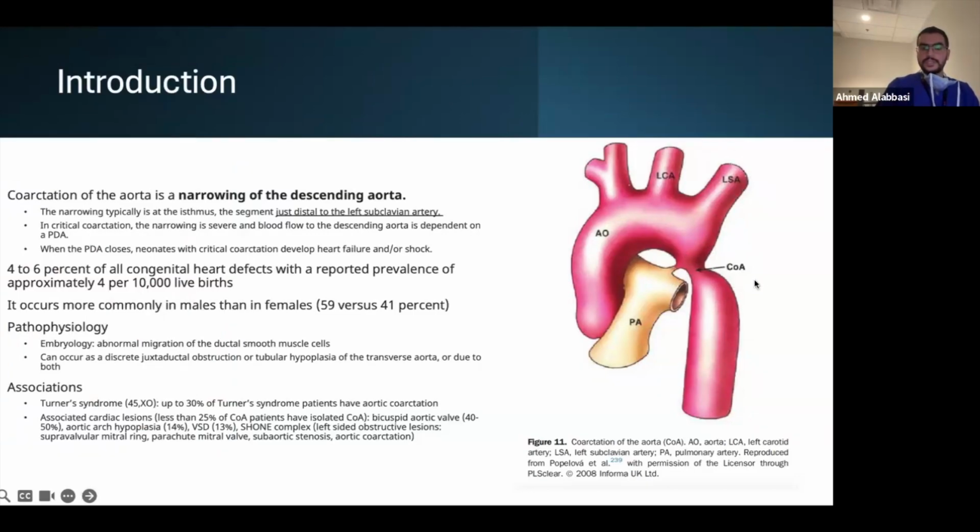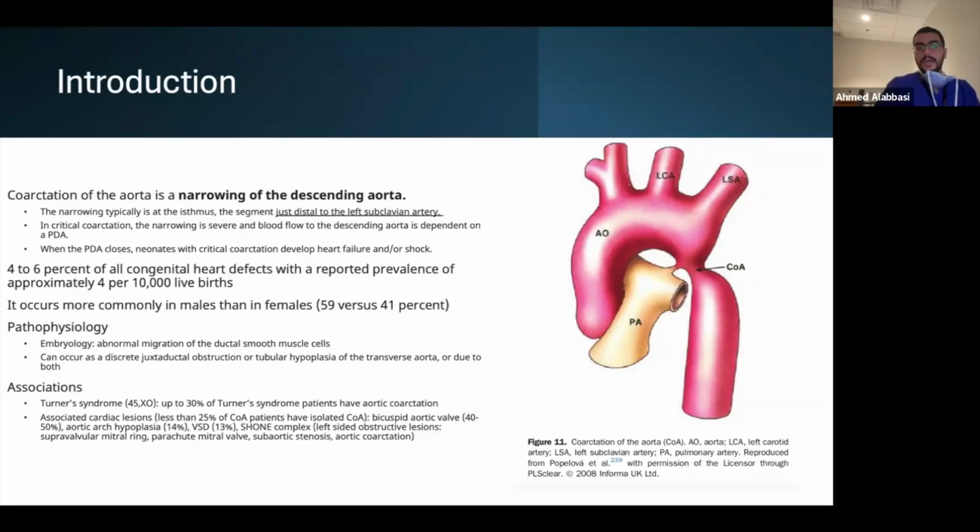In critical coarctation, usually the narrowing is quite severe, and this would reduce blood flow through this very narrowed orifice. And if you have a critical coarctation, especially in the pediatric population, usually the flow to the descending aorta would be dependent on a patent ductus arteriosus. And when the PDA closes, then usually neonates in the pediatric population with critical coarctation develop heart failure